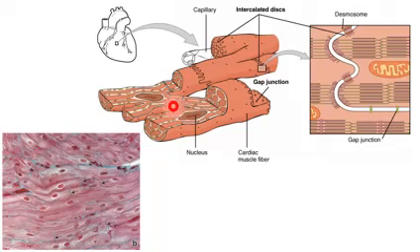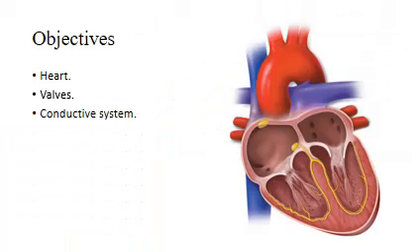Again, here we can observe the branching and anastomosis of the cardiac muscle fibers and the single nucleus, which is large in size and central in position. Those are the features of the cardiac muscle as stated previously. So, end of the first of our objectives, which is the histology of the heart, and in a minute we would like to finish the